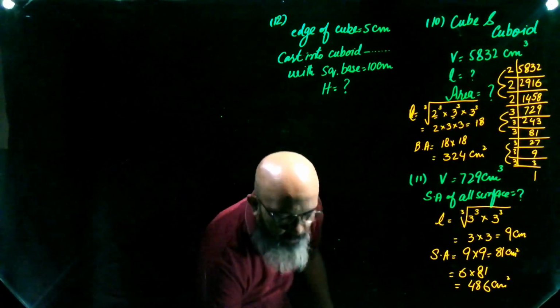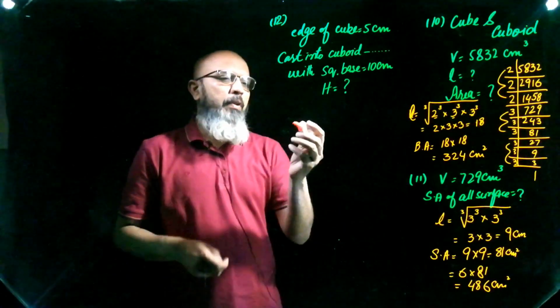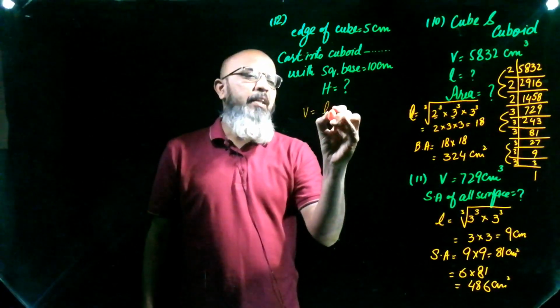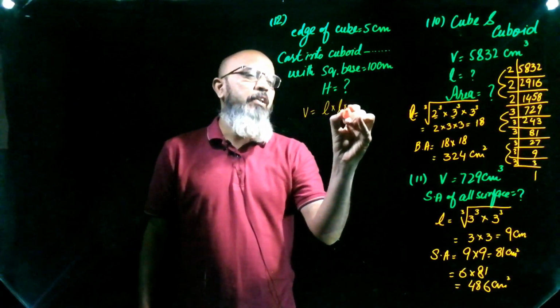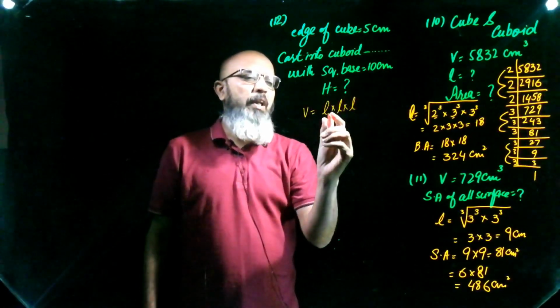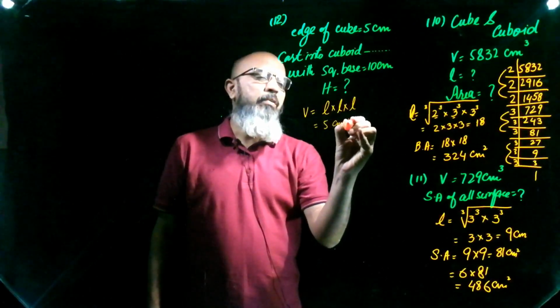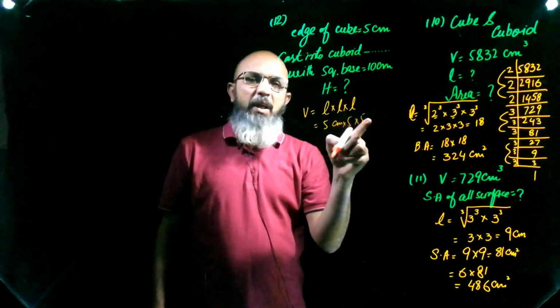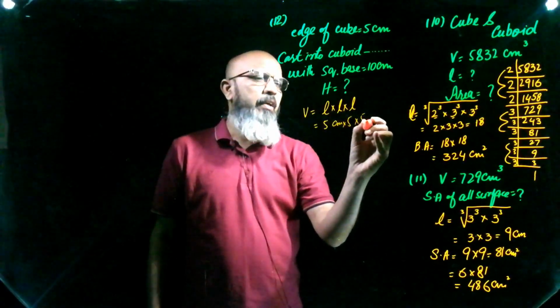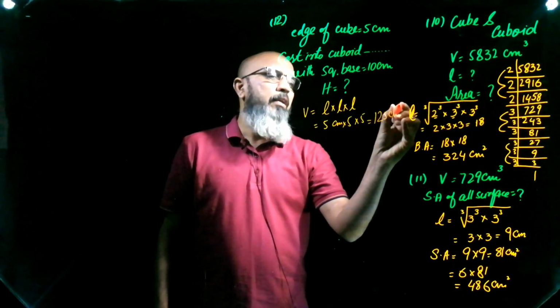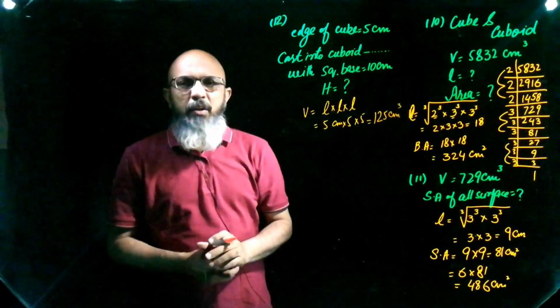Okay. So how can you find the volume of a cube? That is simple. Length into length into length. And what is your length? That is 5 centimeter into 5 into 5. Again, no need to write centimeters here. So what you get is 125 centimeter cube. That is the volume of the cuboid.